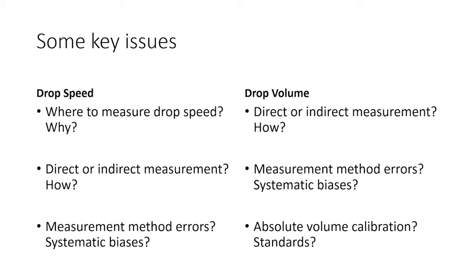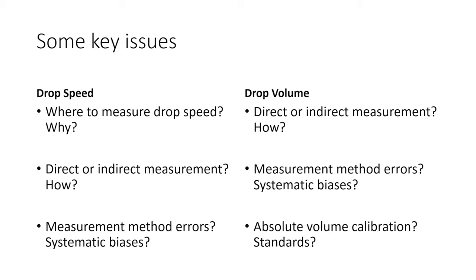Just to take a few examples, where to measure the drop speed is quite important. Do you measure it right at the nozzle? Do you measure it right at the substrate? Do you measure it where it's convenient? Well, if you don't specify that in a standard, or between manufacturer and manufacturer, how do you compare different printheads? How do you set up your application if the speed is important? And as a physicist, I know that speed is important. What are the systematic errors? What are the